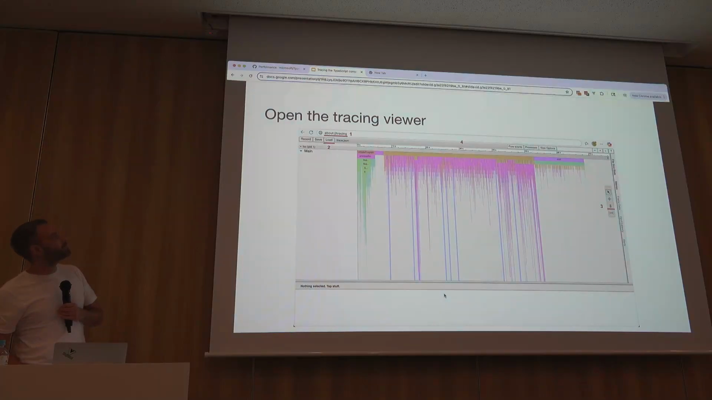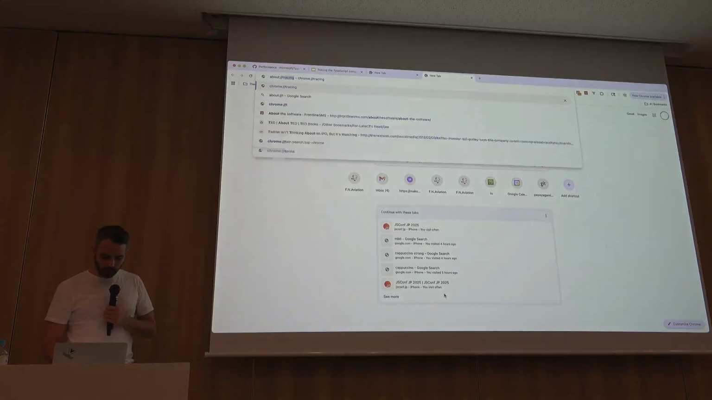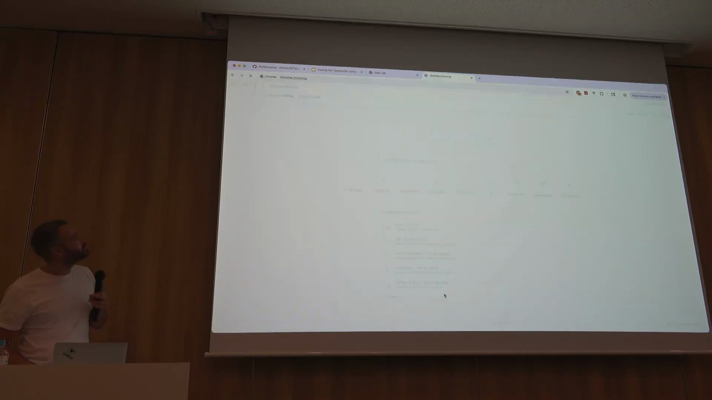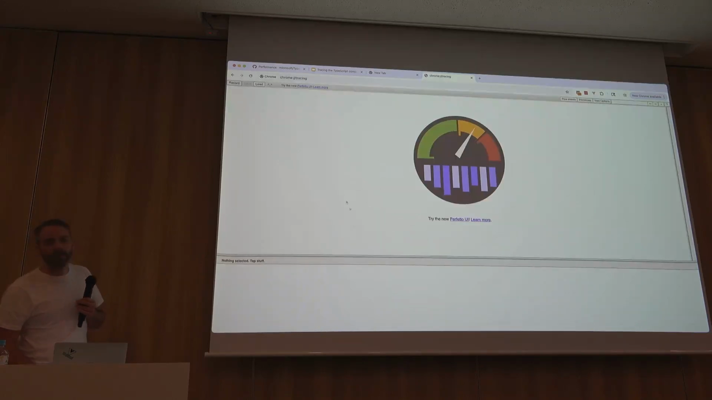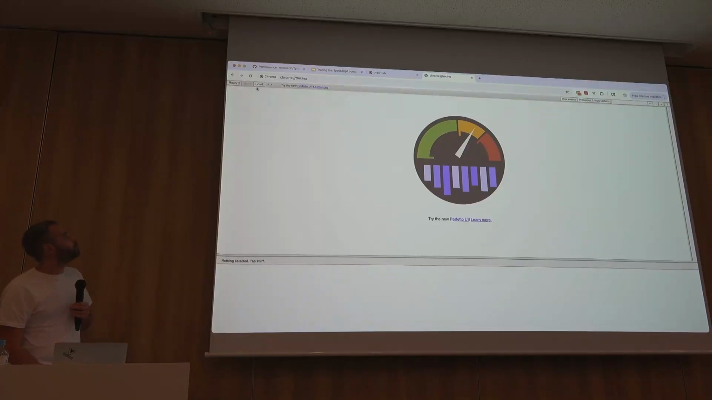Okay, cool. Next step is to open the tracing viewer. Let's just do it. So what we do, we type about:tracing, it's just Chrome, and it opens in any Chromium browser, which basically means we have Chrome, we have Edge, we have Opera, I believe, and probably others. I think the OpenAI new one is also Chromium. And we use load,